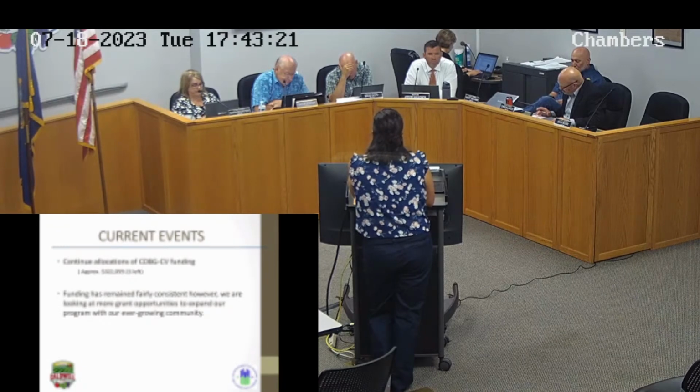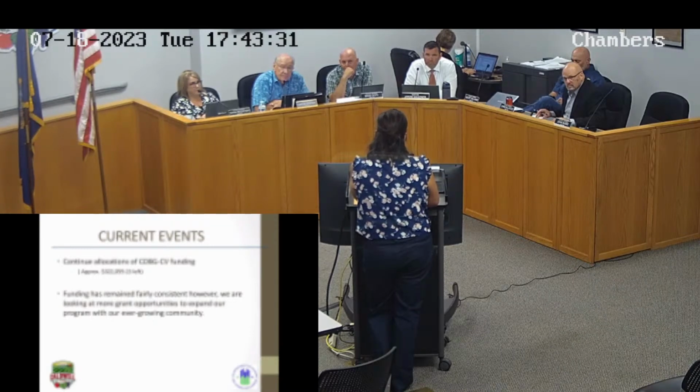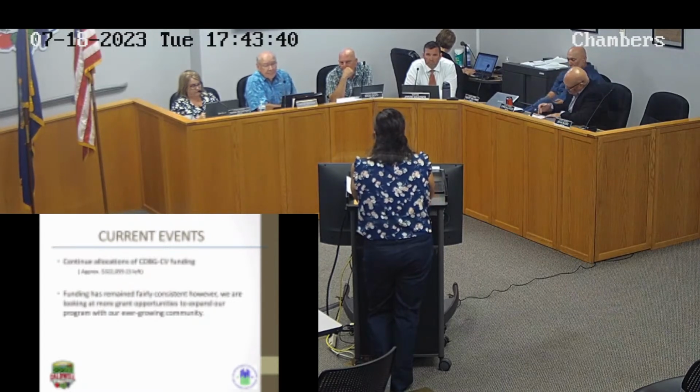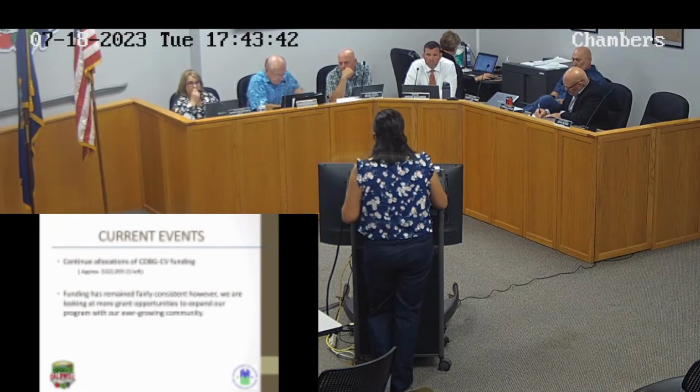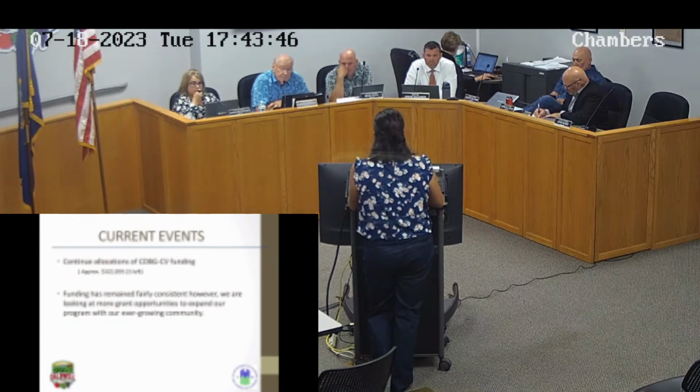Because North End has been identified as obviously low to moderate income, but when it comes to slum and blighted, that is specific, and it's not used very much as a number one national objective. Carrie, can you elaborate on that, on what would be considered, how you would consider that?